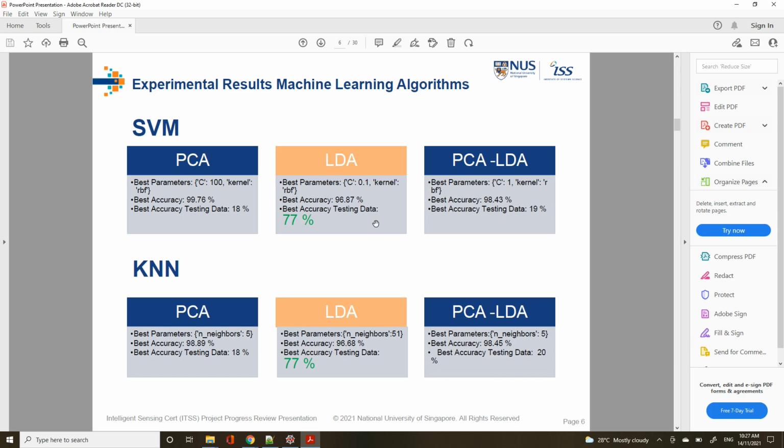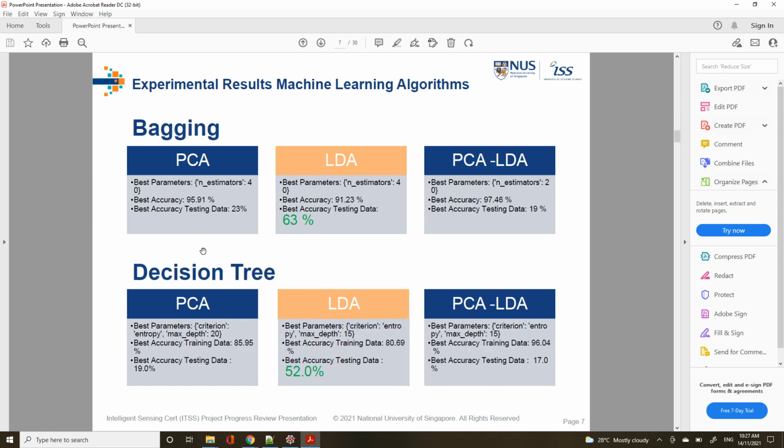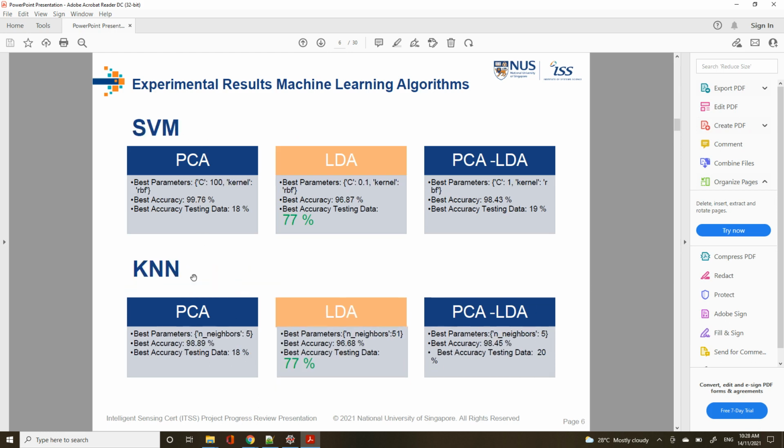So I did some experiments using machine learning algorithms: SVM, KNN, bagging, and decision tree. As I mentioned in the previous slide, I used dimensionality reduction techniques: PCA, LDA, and PCA with LDA. LDA is giving good results compared to PCA and PCA with LDA. KNN has 77 percent, SVM has 77 percent, both are equal.